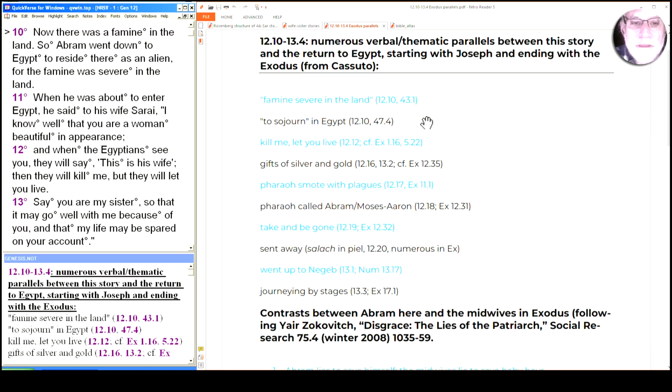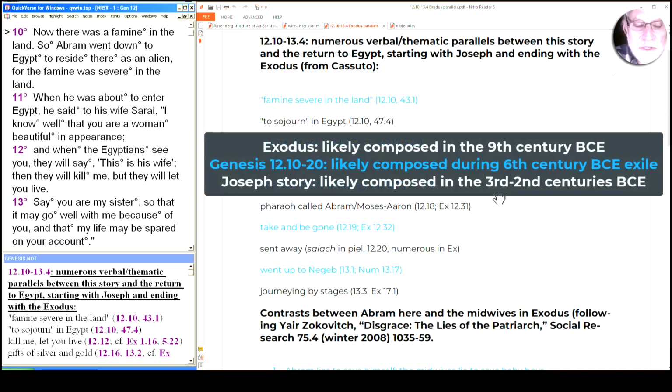So you see that the parallels begin in the Joseph story in the end of Genesis and continue into Exodus. So I've marked the ones with the big numbers, 43, 47, as part of Genesis, and the ones that are Exodus, specifically Exodus, which raises some other interesting questions that someone like Cassuto wouldn't address, which is, what's the time of composition relationship between Exodus and the Joseph story and the story in chapter 12? By my account, and I think by most scholars' account, the Exodus story is pretty old. I take it to be somewhere around the 9th century, in the question of the succession after the time of Solomon. But in any event, older than the exile, certainly.